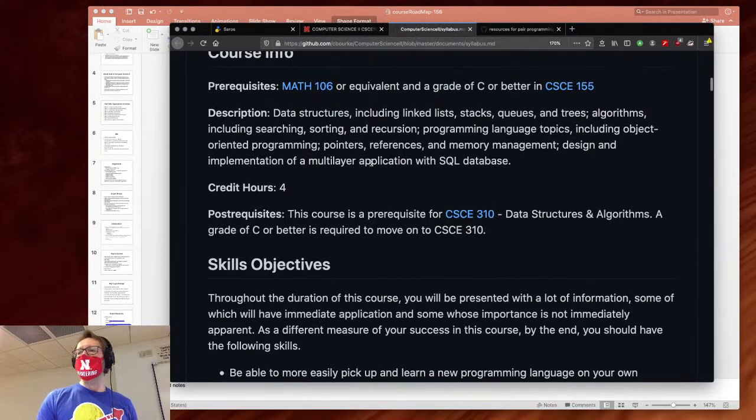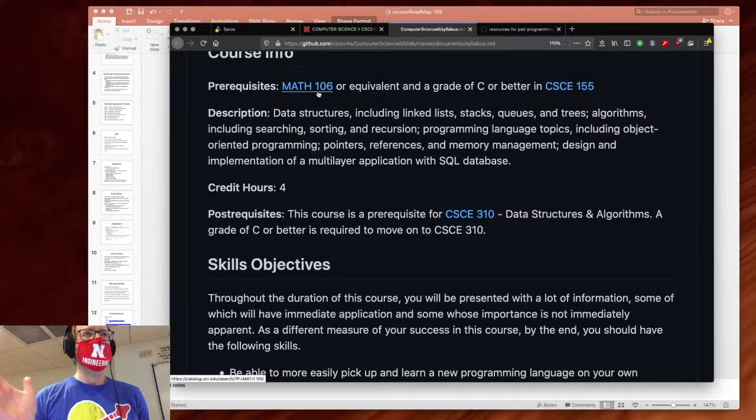Again, the prerequisites for this are technically Math 106. That's Calc 1 for those who don't know. Not that we're going to use any calc in this course. It's just there for mathematical maturity. But if you don't have that, you should be fine in this course. Or if you took it like 5 years ago and you don't remember what the first derivative of x squared